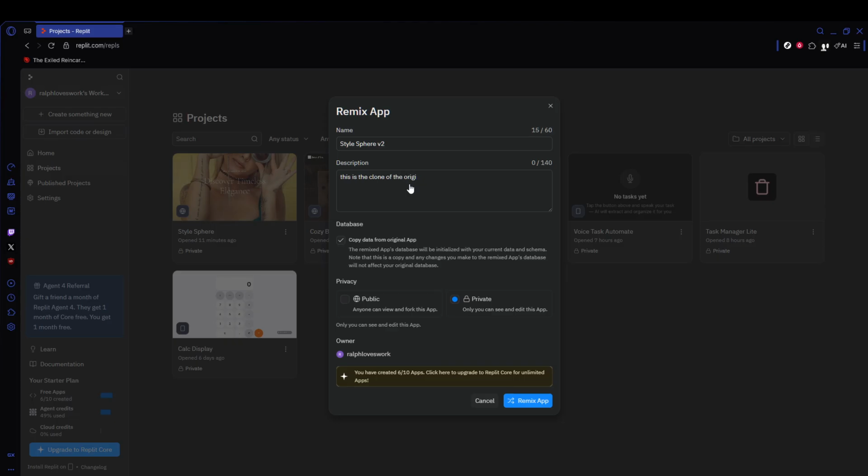When everything looks good, click Remix App to create the copy. If you're on a free tier, keep an eye on your project limit to avoid hitting a cap. After a moment, Replit will open your new remixed project in the editor. You now have a safe, independent environment to run, edit, and iterate without